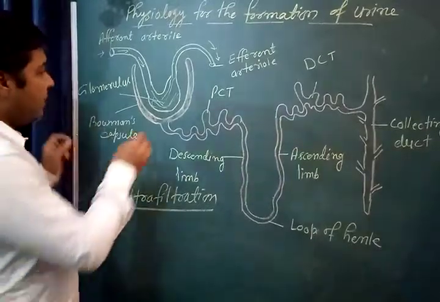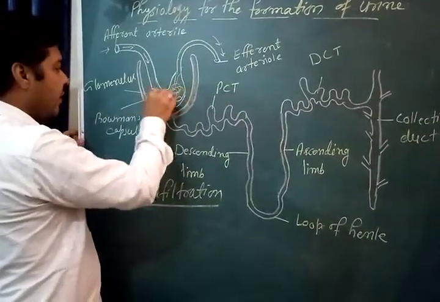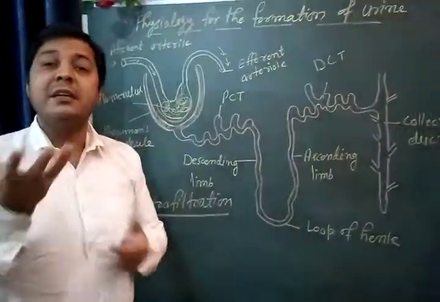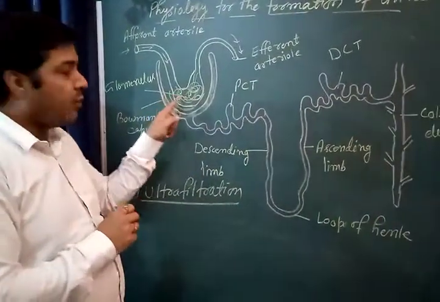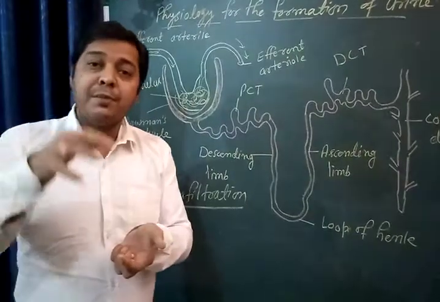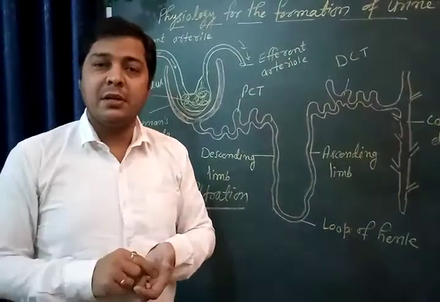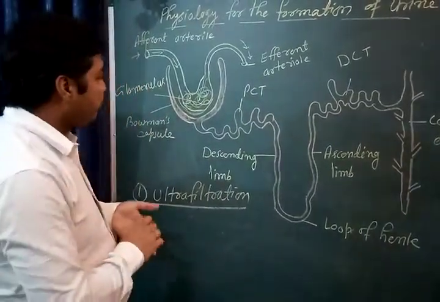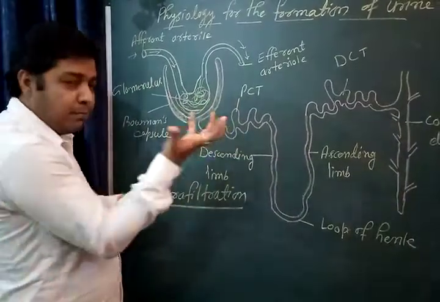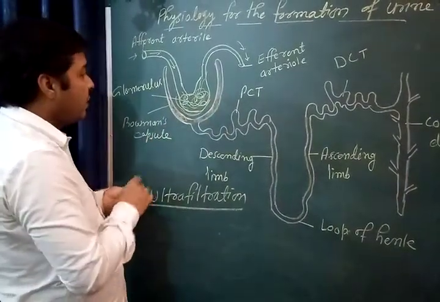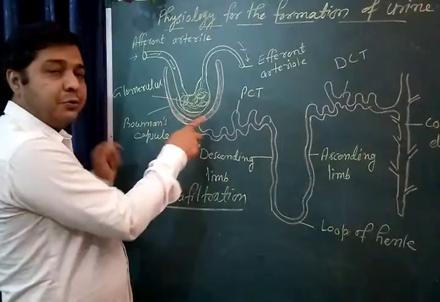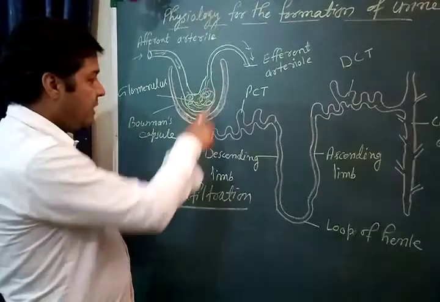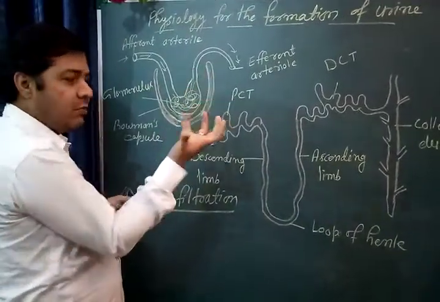The ratio of incoming and outgoing blood is not similar. Because of that, in this glomerulus part, the volume of blood increases. And because of the increase in the volume of blood, there is an increase in the pressure of blood. An electrostatic force is created here. So you must know this is the bowl-shaped structure, Bowman's capsule. The wall of Bowman's capsule is very thin and permeable in nature. Some pores are present here in the Bowman's capsule wall, right?